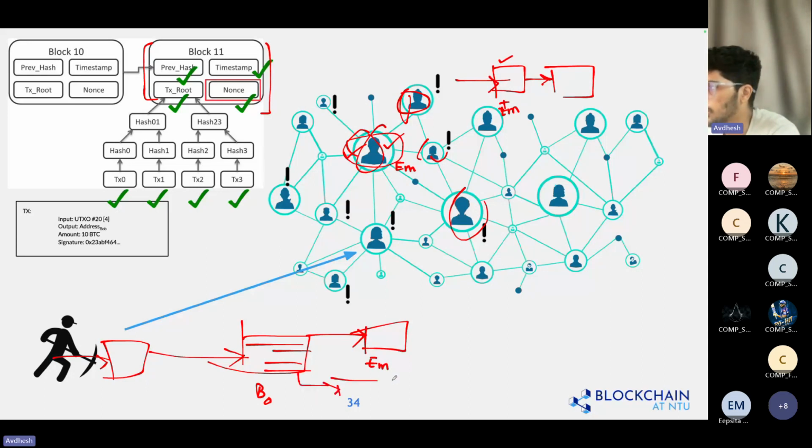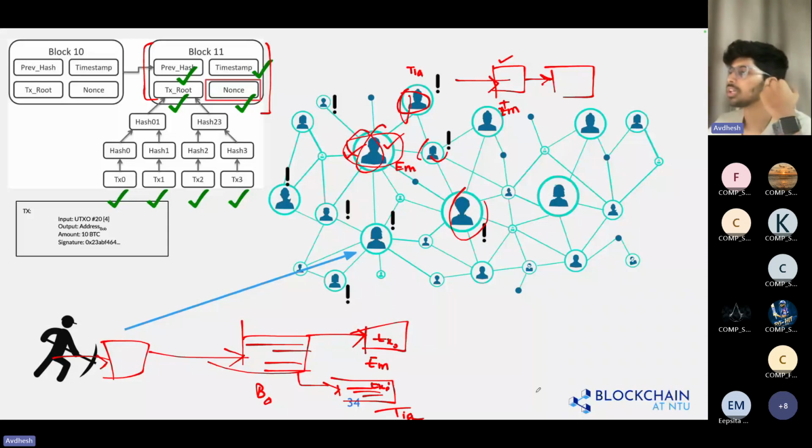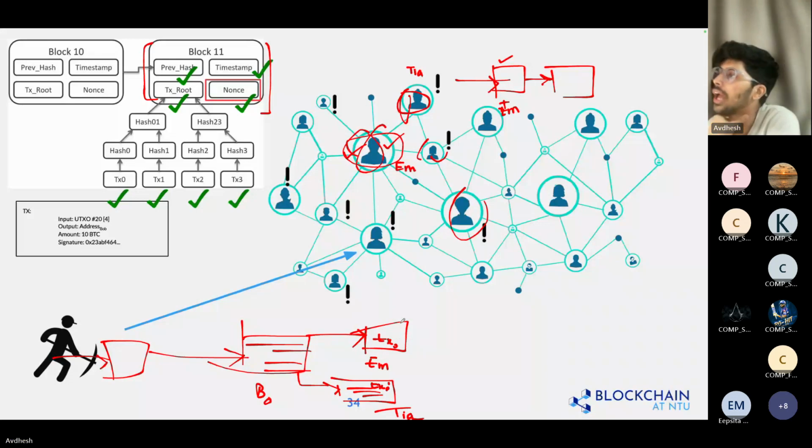So now let's call her Tia. Okay, so now Tia gets her new block, and maybe there will be a transaction here that won't be there. So like T0 will be here and T0 dash will be here, which is like an opposite transaction, let's suppose. So how do you know which block is verified, and which block is truthful and which miner is